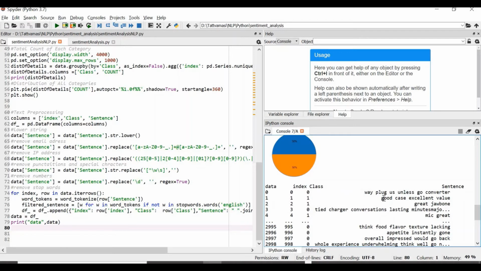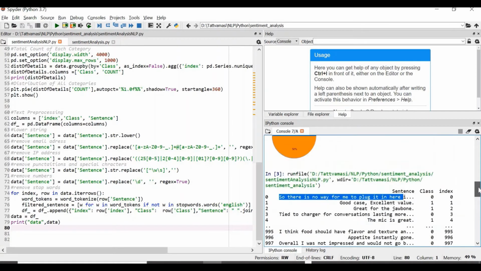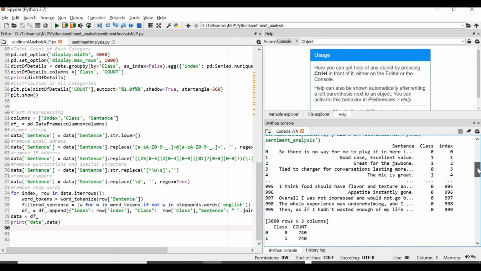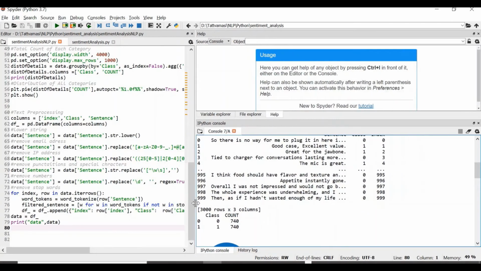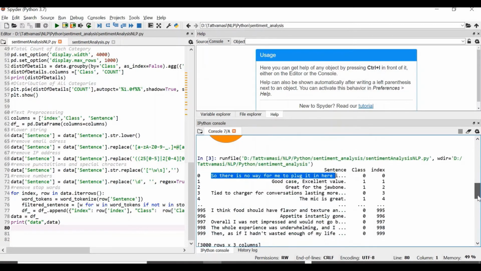See, it's changed. Good case, excellent value, good case, excellent value. Unnecessary stop words, punctuations, email addresses, IP addresses, numbers, everything is removed. You can see the difference. It's really interesting. I am making it large. If you analyze the data now